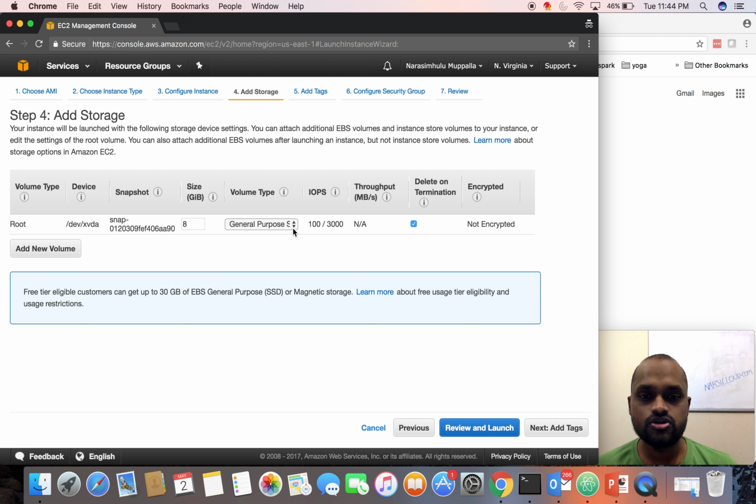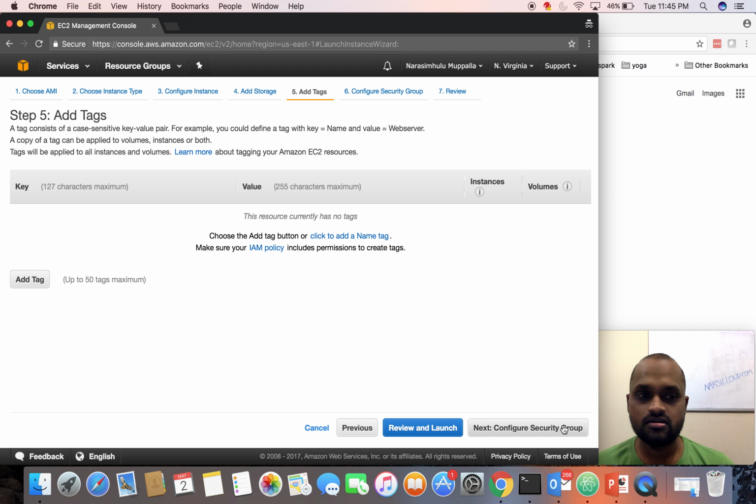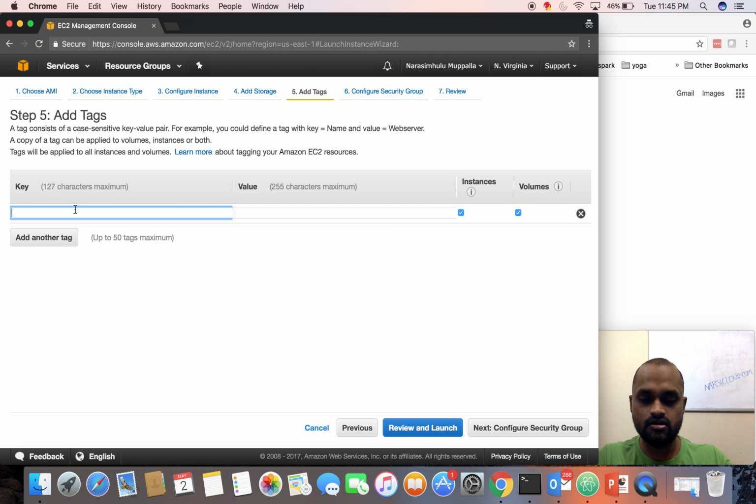Here this won't charge anything for you, because free tier eligible customers can get up to 30 GB of EBS general purpose magnetic storage. So you don't have to worry about that. Go to next, add tags. With the add tags concept, you can add tags with key value pairs, which you can use to search for your resources. So for example, here I'm gonna add narsicloud EC2